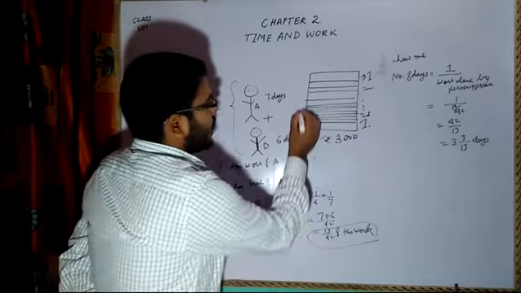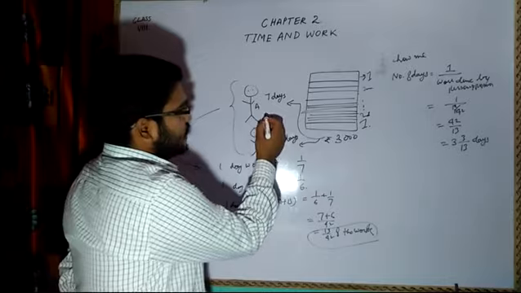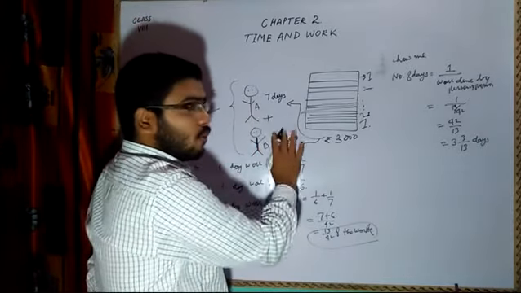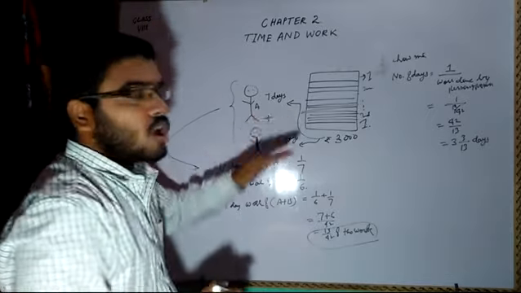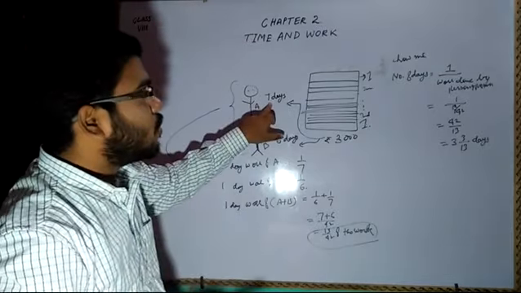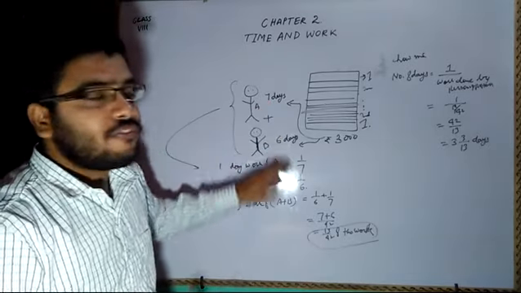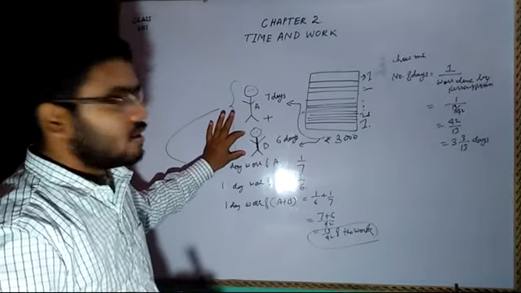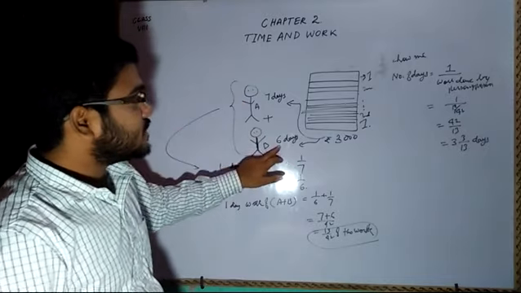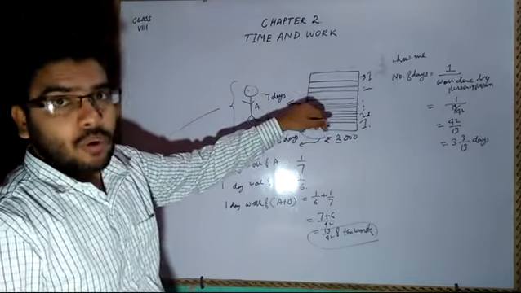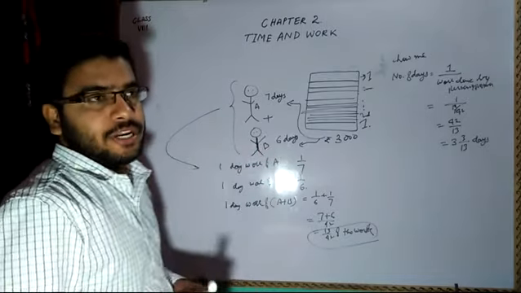Now I have to give money to this fellow plus this fellow. Both of them should get paid for the work. Now they both will decide how much money who should get, otherwise there will be a fight. They cannot take an equal amount because one has done more work. He will take 7 days, he will take 6 days. His efficiency is more, so his rate of work is more, and the other's rate of work is less. Because 6 days alone versus 7 days alone means he is faster in completing the work.